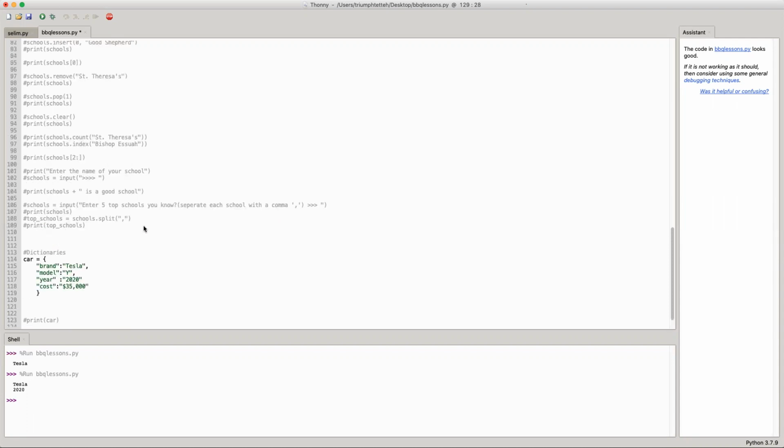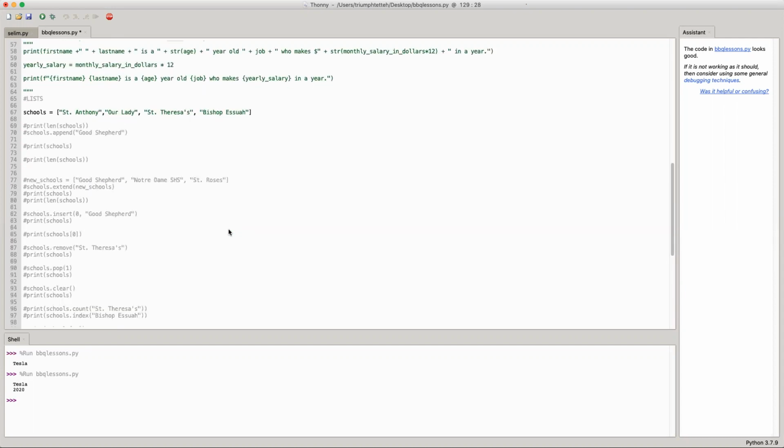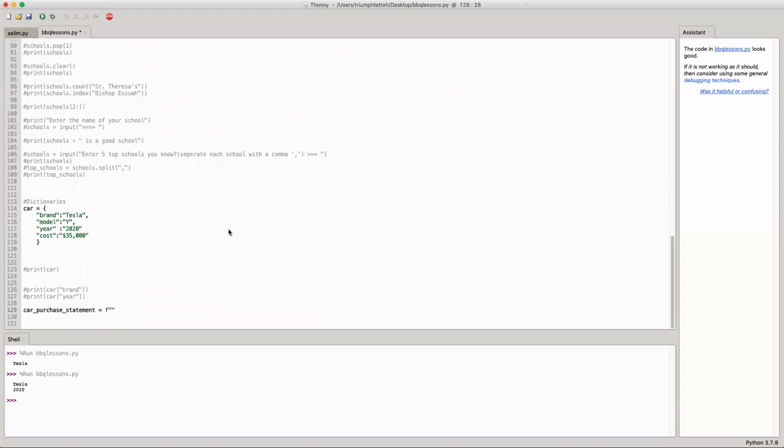So if you've forgotten what formatting looks like, this is how it looks. Okay, yeah, I can print it directly, but I want to put it in a variable first before I print it. So we can say you just purchased